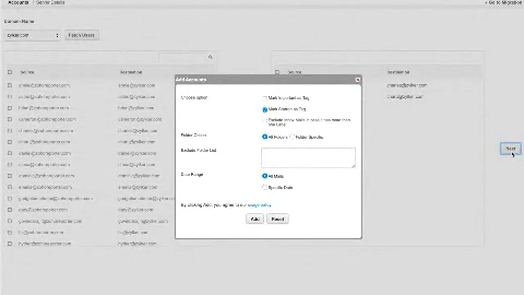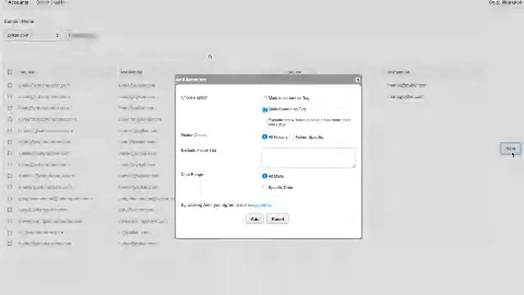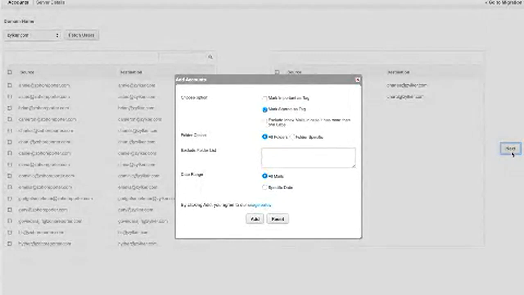You can also choose to leave out any emails that have multiple labels associated with them. So you also have a checkbox for that. You can go and select that too. And then there is a folder option. In this option, you can choose the folder specific option or the all folders option like you did with the G Suite migration. All this is completely your choice. You can do whatever is convenient for you. You can either migrate specific emails or migrate all your emails, and click on next. After this has been done, you can click on start to start the migration.